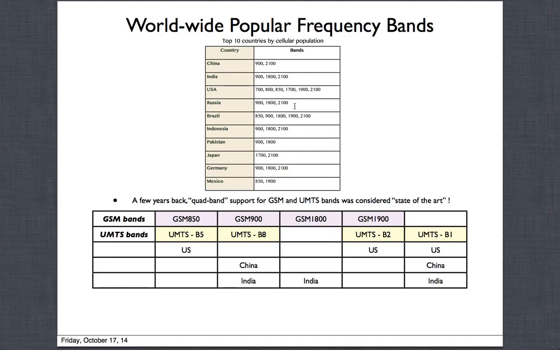I will let you look through these numbers, but what we are trying to do with these numbers is find that there are certain bands which are very, very common. They're commonly used all over the world, and let's look at this table here, which is mostly called a quad band. There are 4 bands, and if you look at all the different countries in the world, you will see that most of the countries fall in this set of 4 bands. 1 or 2 of these 4 bands are there in that country, and that is used for communication.